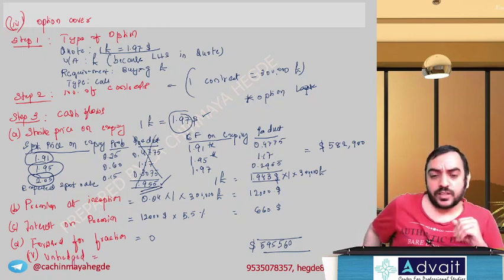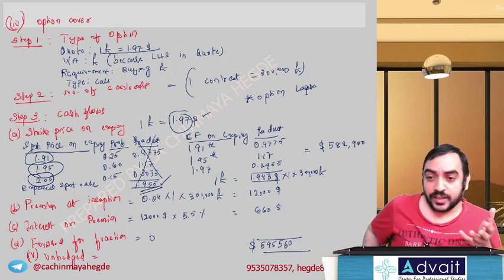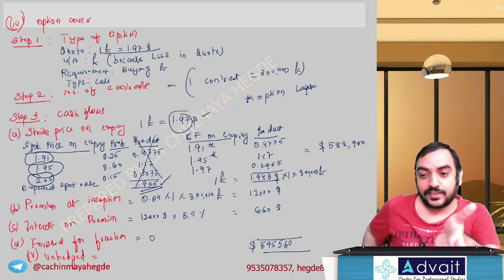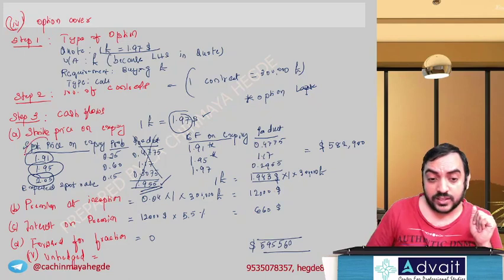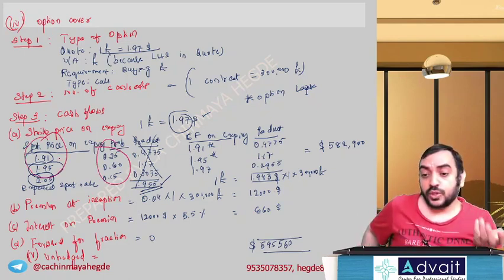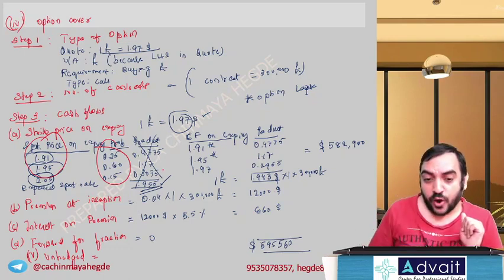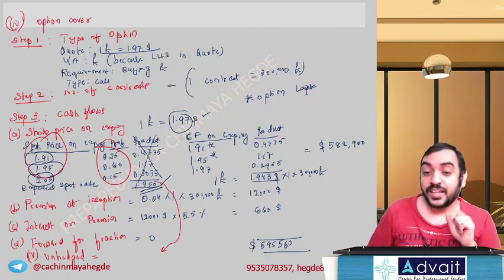Unhedged means what? You don't go to the forward market, you don't go to the money market, you don't go to the option market. Where else do you go? You go to the spot market. And in the spot market, there were three possibilities with three probabilities. So the expected value, which we already calculated, we will take 1.955. That's why I calculated that. I know that was not useful in that situation,